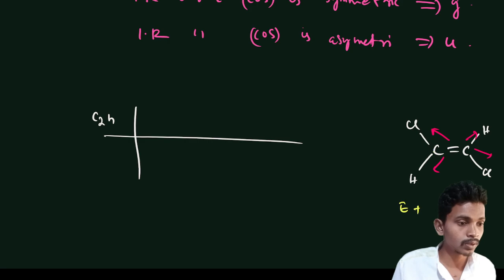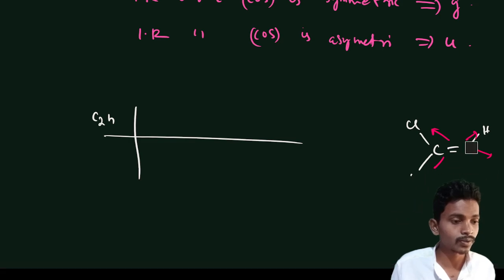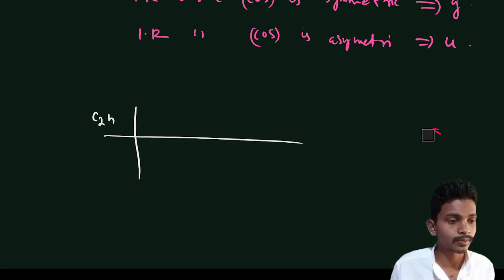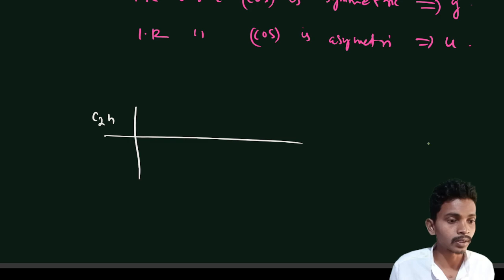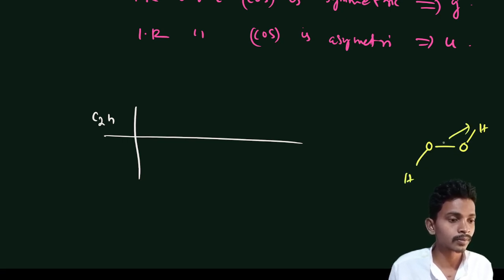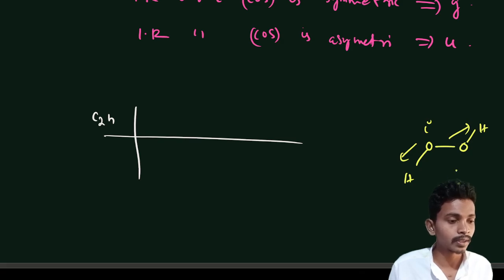If I do that C2, then this will get rotated, or we can simply take the example of trans water. Okay, I can take water. This is H in this direction, H in this direction. Here I is there, and also C2 is there, E is there, and I is there,